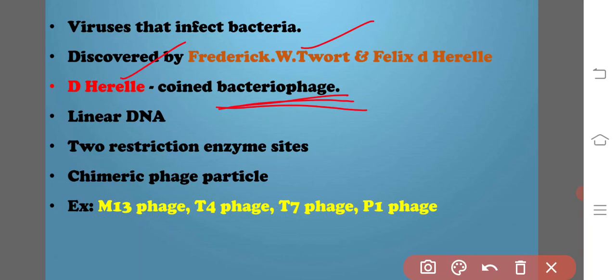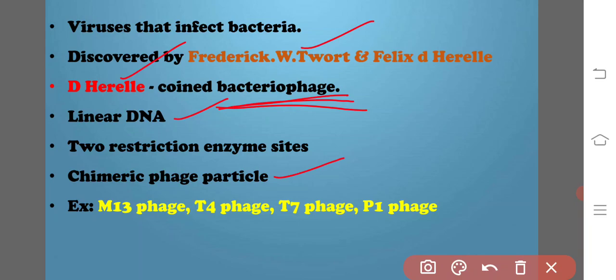It has a linear DNA molecule. A single break will generate two fragments. Foreign DNA can be inserted to generate a chimeric phage particle. The chimeric phage particle is isolated after the lytic cycle, but as the capacity of the phage head is limited, some segments of phage DNA that do not have essential genes may be removed. Examples of different lambda phage vectors are lambda gt, EMBL3, etc.